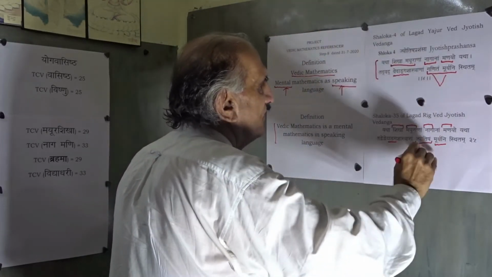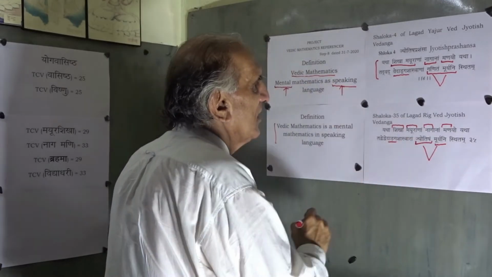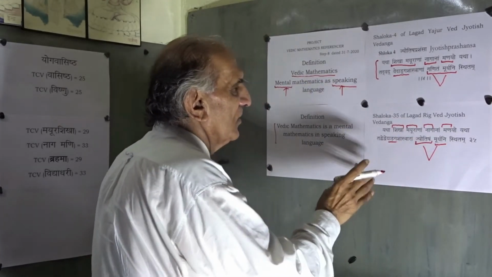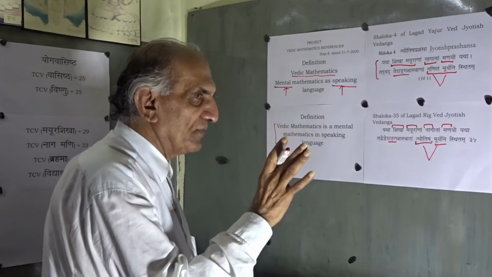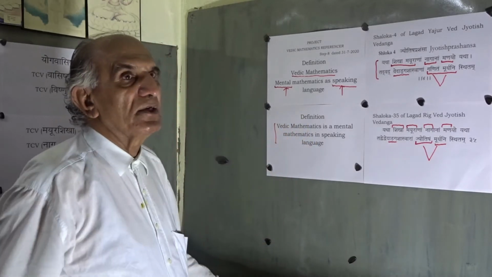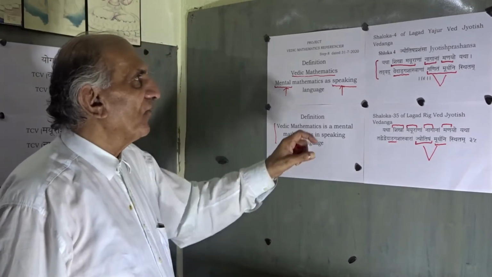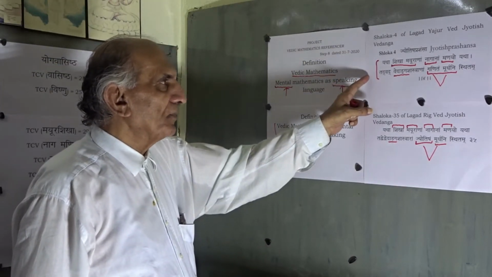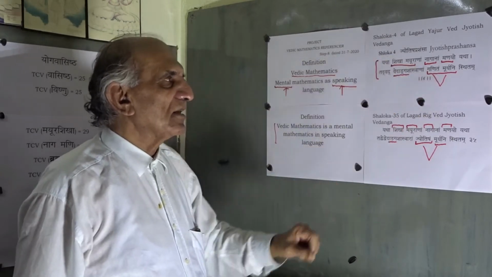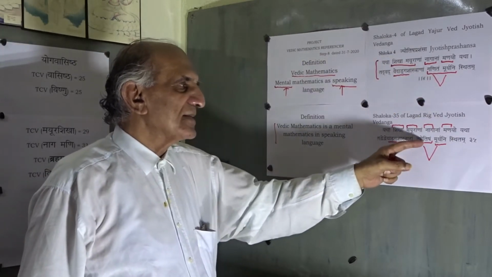Ganit Murdhani is Jyotish Murdhani here. Therefore, we have to appreciate the distinction of the reach of the Jyotish Vedang as transcendental mathematics and as the